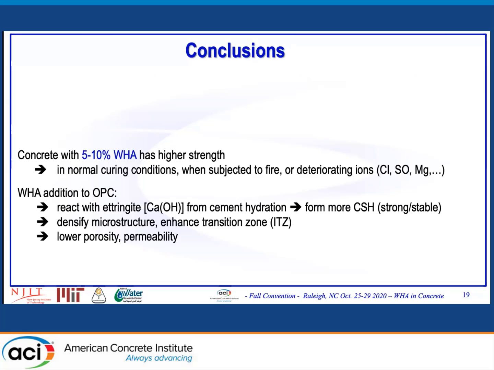So I would recommend an ash percentage replacement between 5 to 10%, as it increases the strength in all conditions: normal curing condition, if you subject the concrete to fire, or if the concrete is subjected to any deteriorating ions. Also, the water-hyacinth ash addition to normal concrete enhances all these properties because